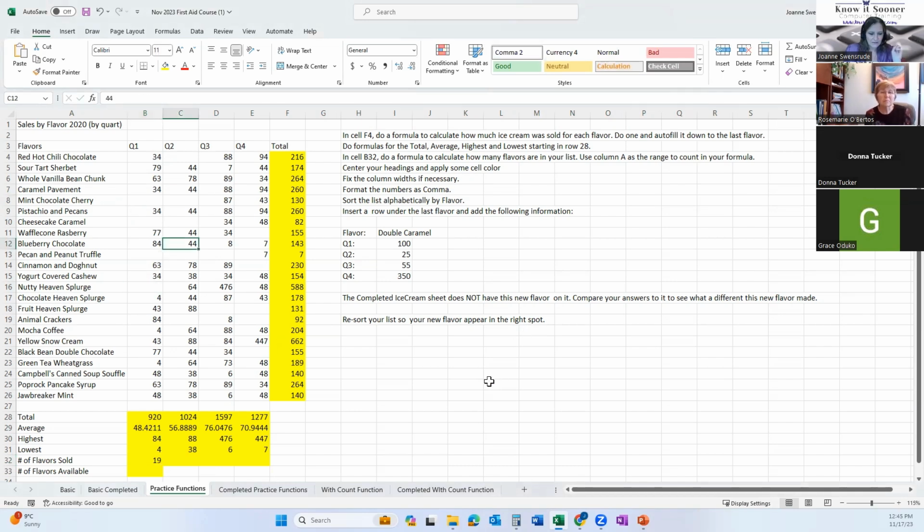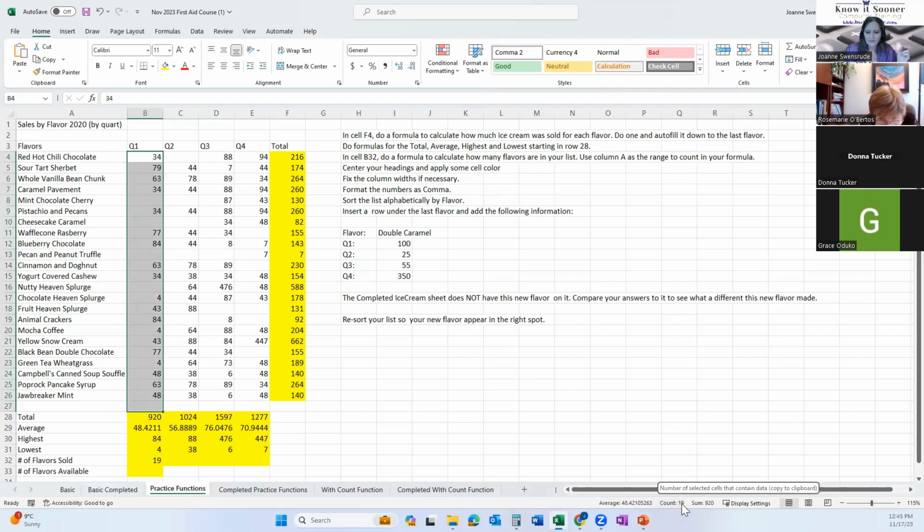I want to show you a little shortcut here. When it's ready, you're not in a formula or anything, I want you just to drag down. You can drag the blank if you want, it doesn't really matter. Just select all of those for me, as if you're formatting them or something, right? And I want you to look down. Can you see, on the bottom right-hand corner, it says average 48 point blah blah blah, count 19, sum 920. That's a good little cross-checker, right? 920, hey, my sum is right.